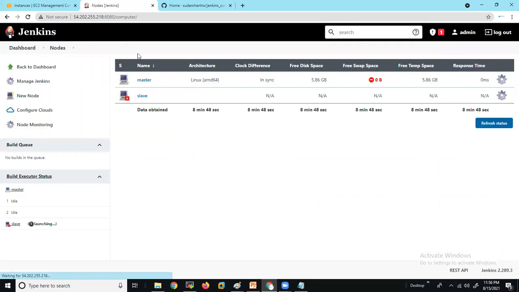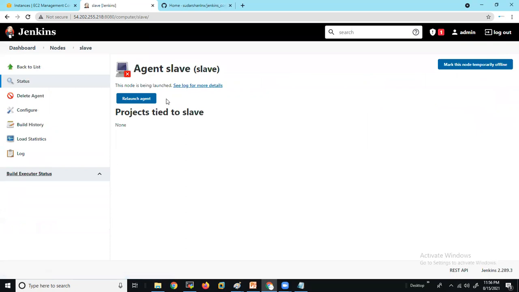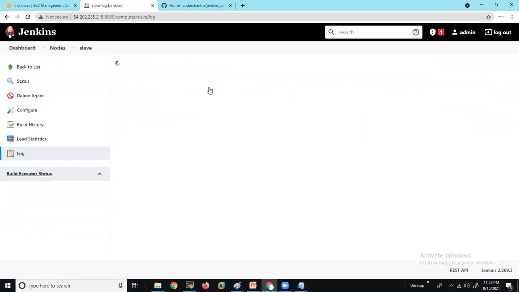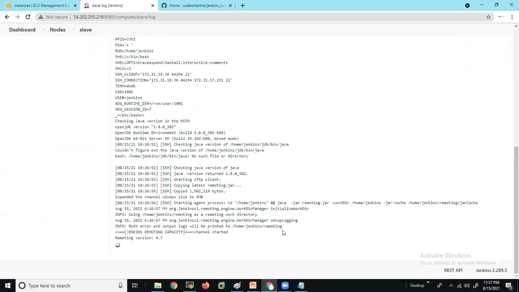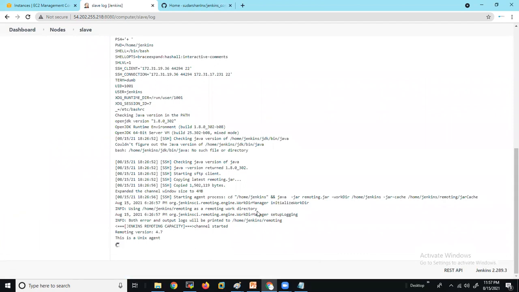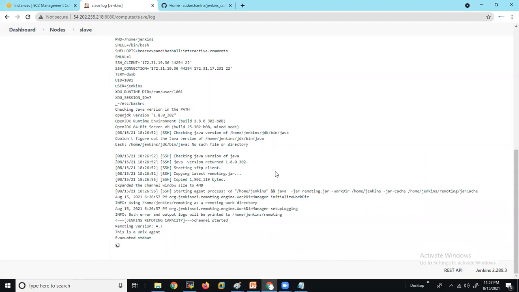So it will start installing the agents inside the slave. To see the progress, you can select slave. Here you can see the log information, like what is happening in the slave machine. If we make any mistake, we'll get an SSH connection timeout or something. Then we need to carefully see what mistake we made, like doing the handshaking or copying the public key to the slave machine. Those things we need to check.